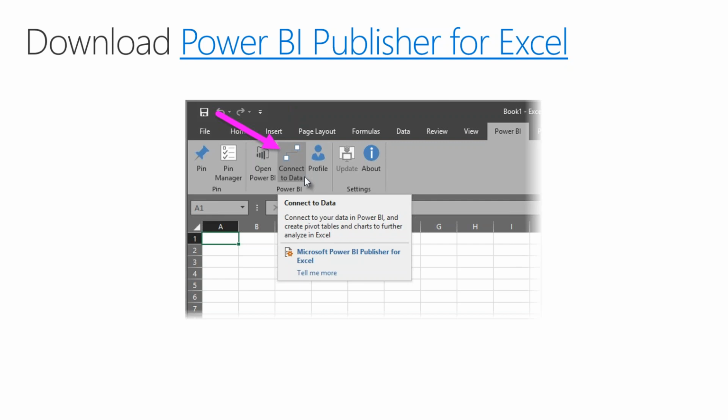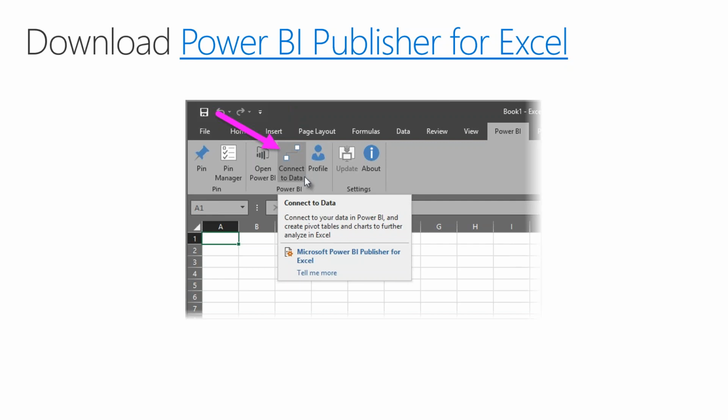The great part about this is that we can move away from Excel hell, where we've got spreadsheets full of data just floating all over the place. We don't know who's looking at them. We don't know if they should have permissions to view that data, right? I can build a central data model in Power BI and let the users that want to use Power BI browse those data models, they can do that. If I have users that want to use Excel to browse those Power BI data models, those users can do that too. The great part about that is that I can build a data model, manage it in one place,